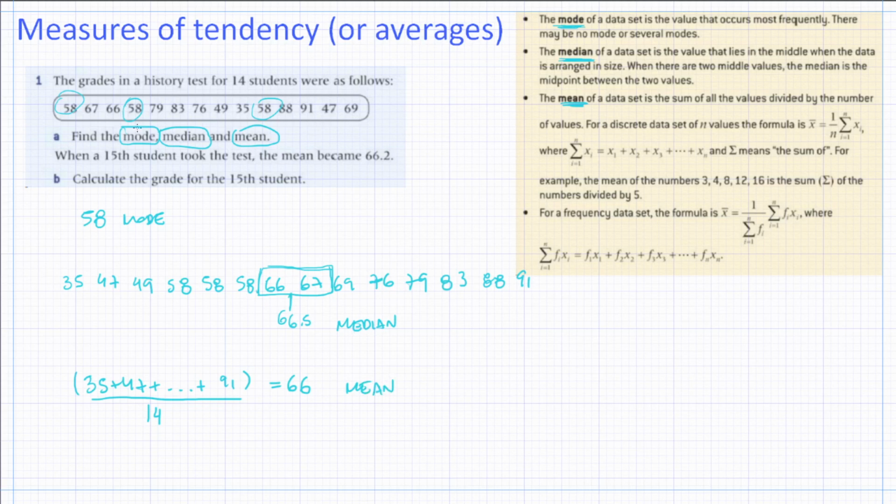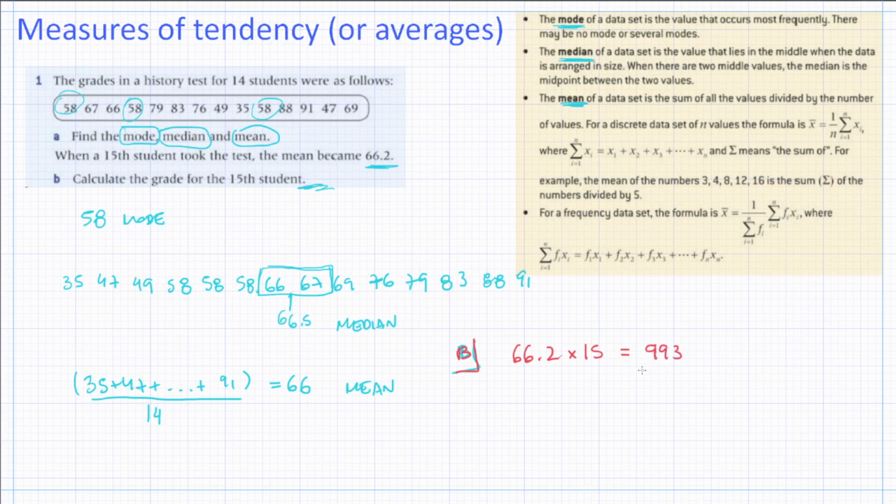Now on letter B, we're told that there is a 15th student that took the test, and the mean becomes 66.2, so it raised a bit. Calculate the grade of this student. Now, if our new mean is 66.2, if I multiply 66.2 by the number of students, I will have the total number of marks, right? And that's